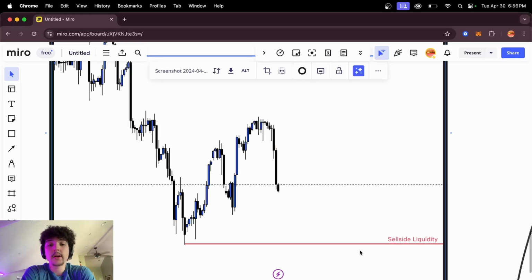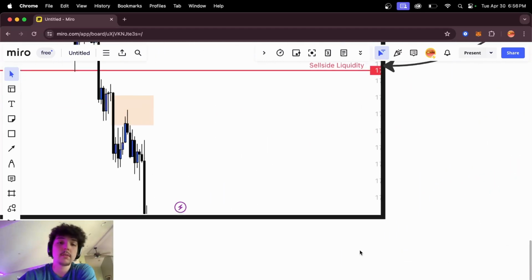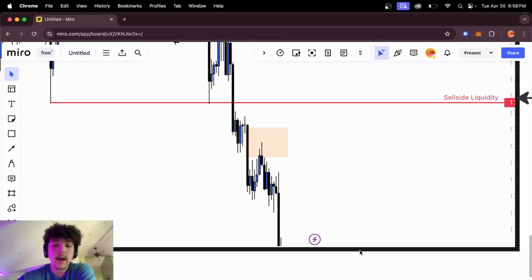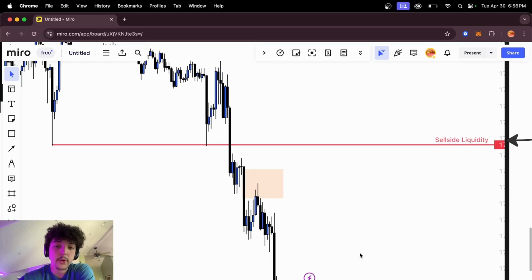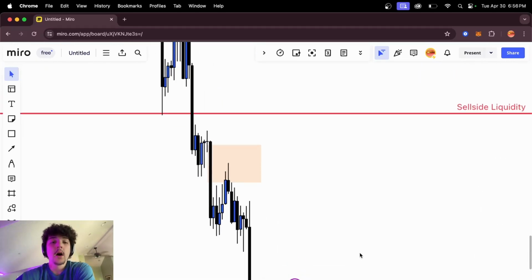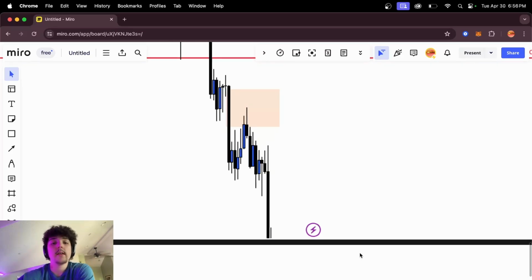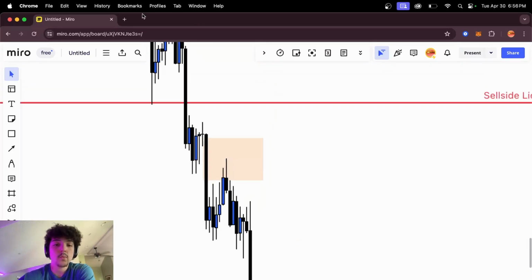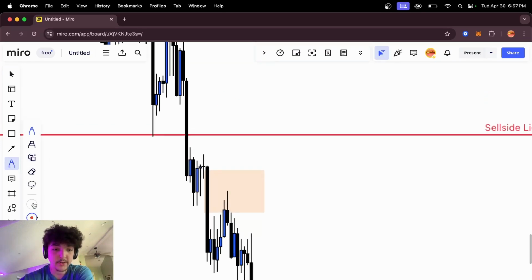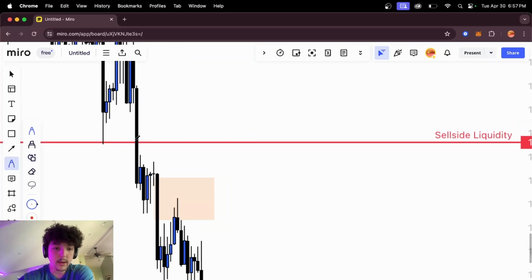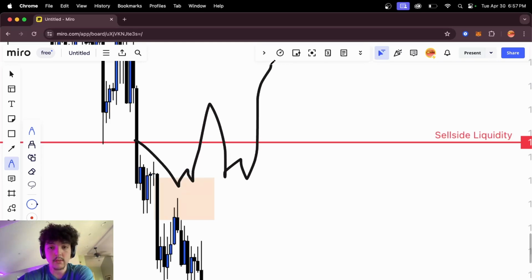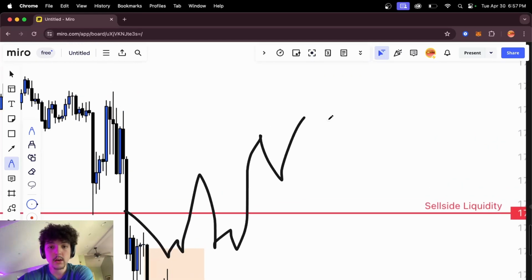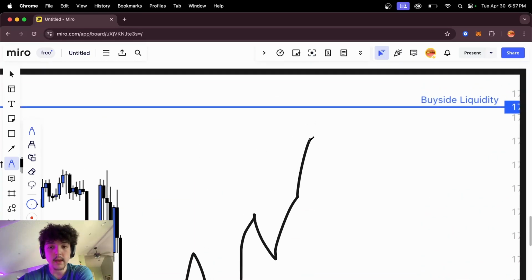I would advise you to pair liquidity with a bunch of other things, right? So if we go over here, you can see that one, we have liquidity, obviously, sell side taken. One of the things you can look for is what happened here, right? This place. Normally, this is what I would look for, like I showed you earlier. I'm going to show you again right now. This is what I'm looking for. I'm looking for this, possibly this, back down, and then I'm looking for this, okay, right, up, take out buy